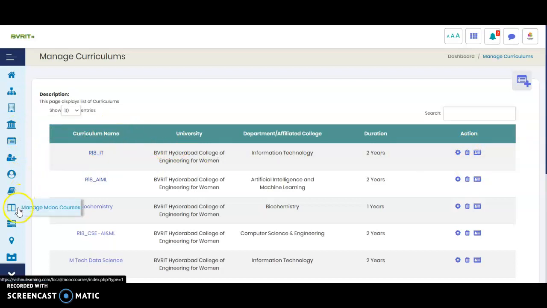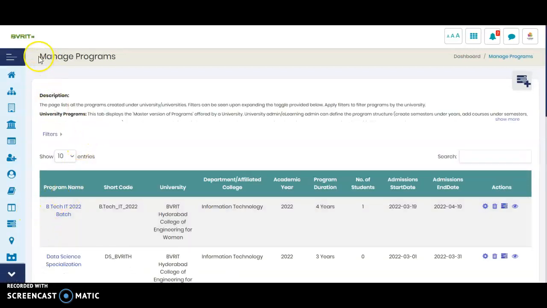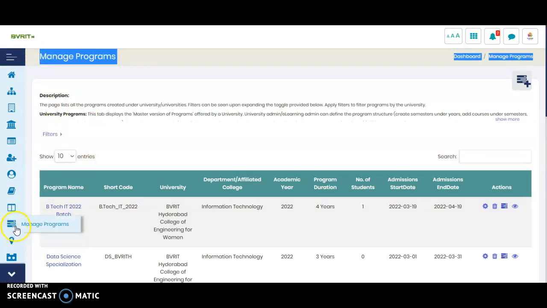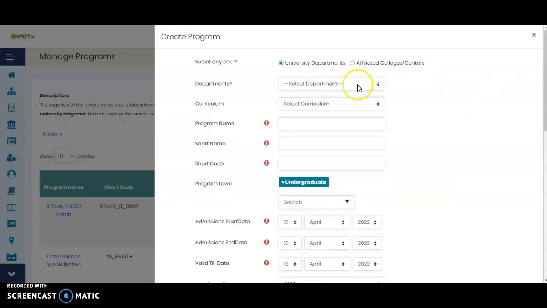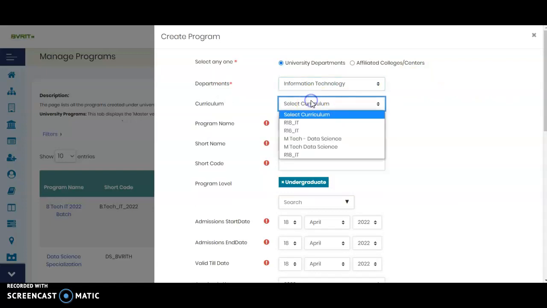Now what we do, we go to a program. We create some dummy program here. Right? So now I have moved on to the manage programs option. That is, you have on the left hand side manage programs. Now I go to create a new program. Now which department did I create a curriculum under? IT. Now I have chosen